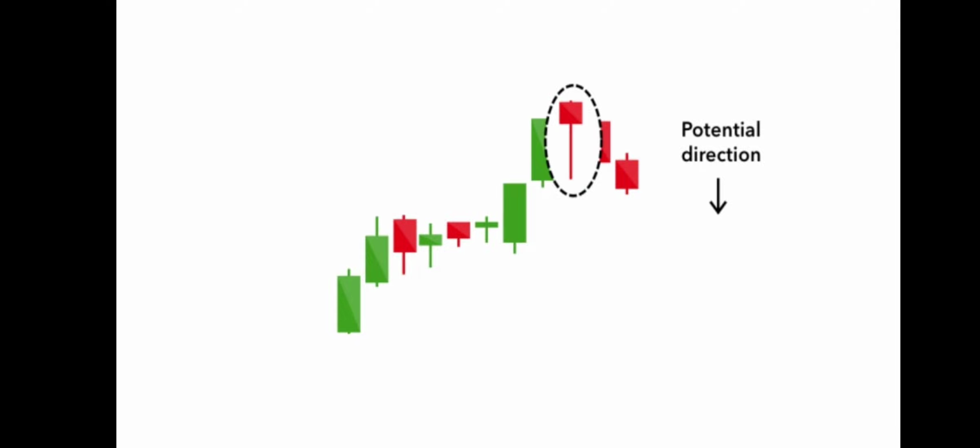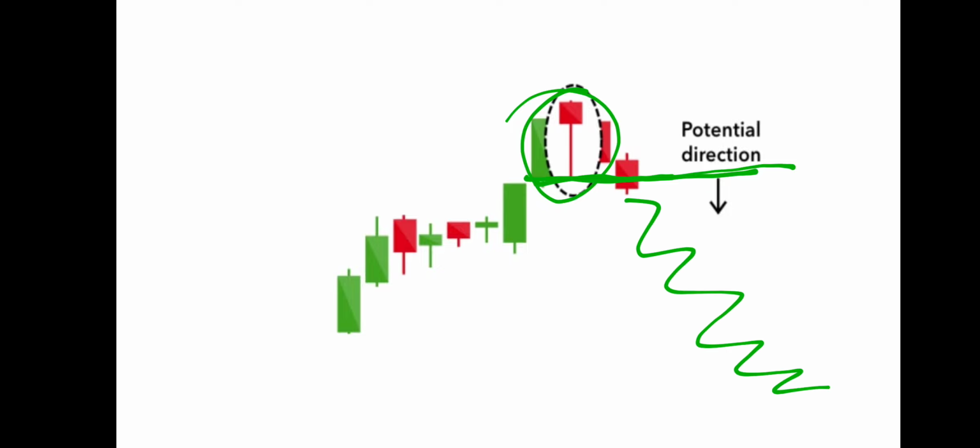So when this type of candlestick forms in an uptrend, it is a confirmation. When price goes below this line, you will short, and you will get more downfall on these candlesticks. So it's a very important topic, but you have to understand this forms maybe near the resistance or maybe after a long uptrend.